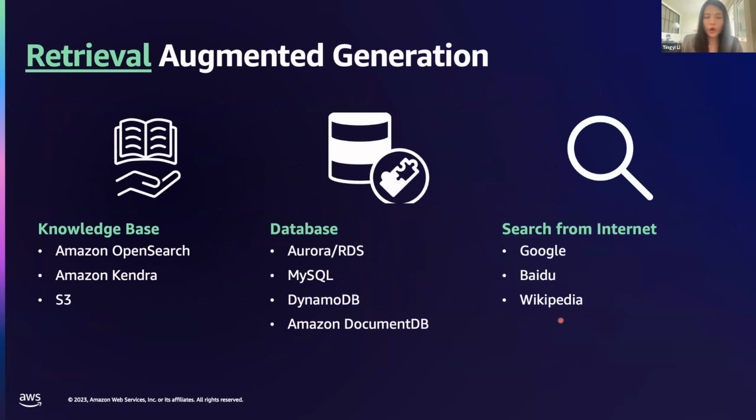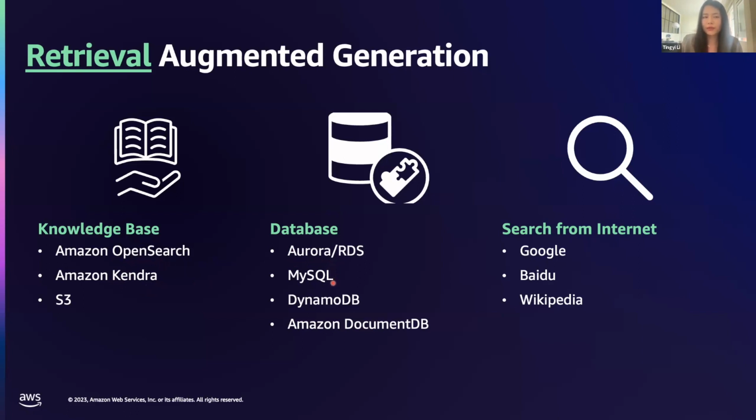RAG, so Retrieval Augmented Generation. As the name suggests, retrieval and generation, right? So retrieval means to get the information. For getting the information, you need to store your additional information in some sort of storage, a knowledge base, like as we covered, OpenSearch or Kendra, you can search it in databases. So for instance, more and more these databases are supporting vector